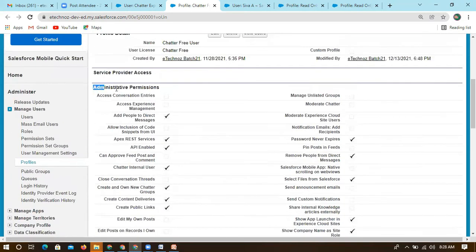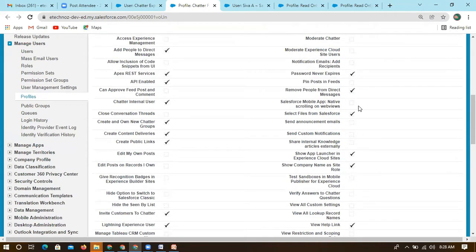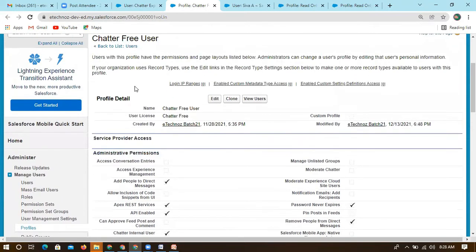For this, they can have only administrative permissions, and that is also limited, so they can't see all types of actions. If they want any additional features, they need to get app level access and tab level access. So if you are creating a profile, you can control the entire